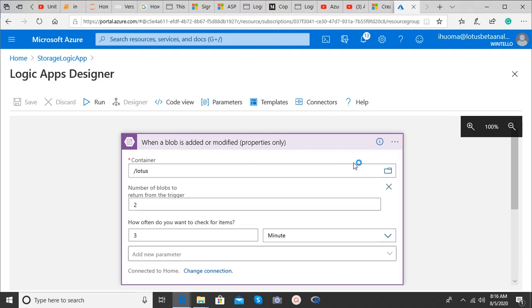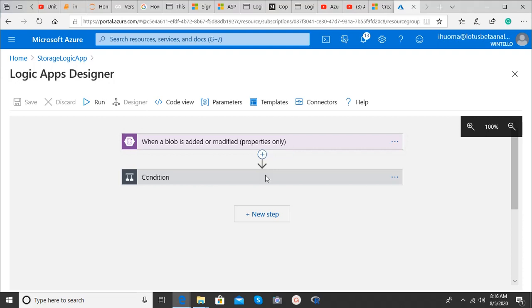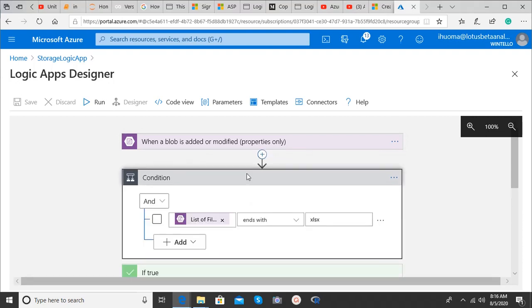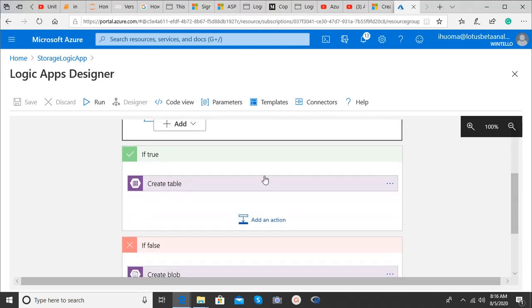So here is a container that I've already created in the blob storage, and it's going to return two triggers every 3 minutes. So what happens when a blob is added? I created a condition: if the file path that is uploaded on the blob storage ends with XLS, like if it's an Excel file, then